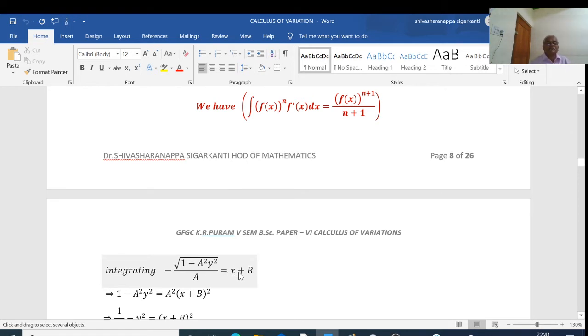Okay, so that is, again if I square this one we get, minus becomes plus, this will be 1 minus a square y square, and in the denominator I have a, squaring this will become a square. I am writing that a square on the right hand side. So that is on the left hand side 1 minus a square y square is equal to a square into x plus b whole square,